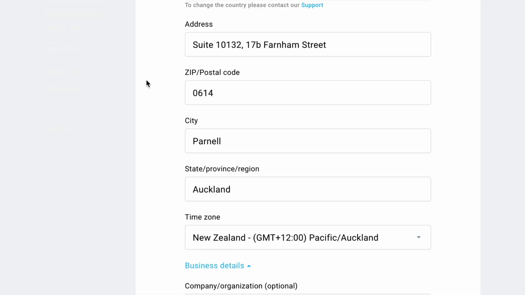Now the next step is, you want to click on account details, and you want to put in your address. So this could be your office address, or your home address, or whatever. You need to put something in this so it shows up at the bottom of your emails. This is a legal requirement for spam regulations, so make sure you actually do this. Once you've got this set up, then you're ready to actually go out and start creating an email list and starting to actually collect emails.